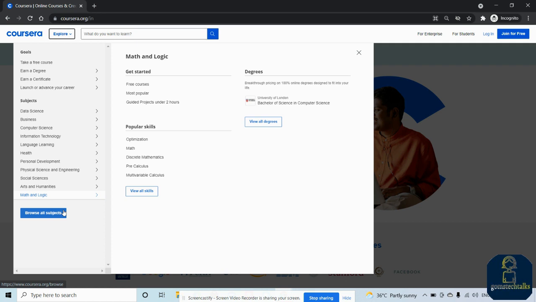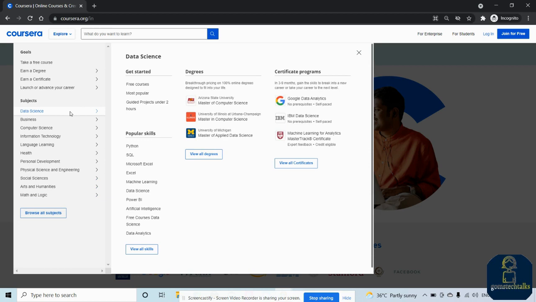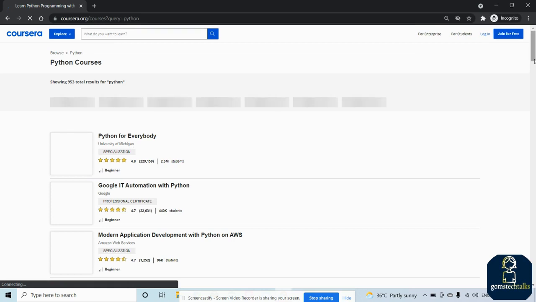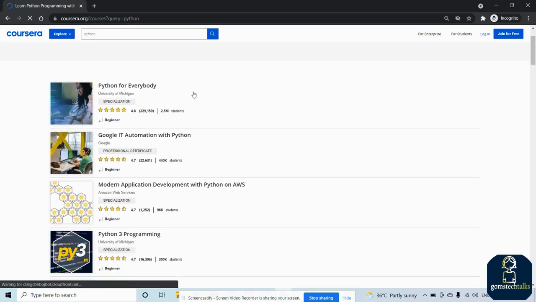So let's see how to apply for financial aid. I'm going to click on any skill which I wish to learn. Once you click, you can see which university offers the course. This is offered by the University of Michigan, it's a beginner level course, and you can see how many ratings there are.